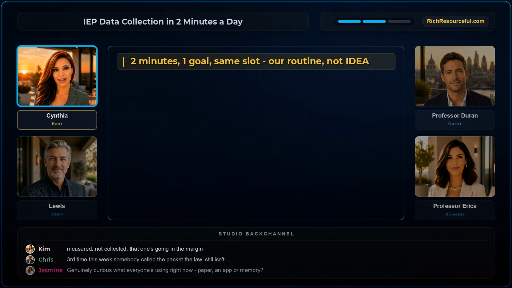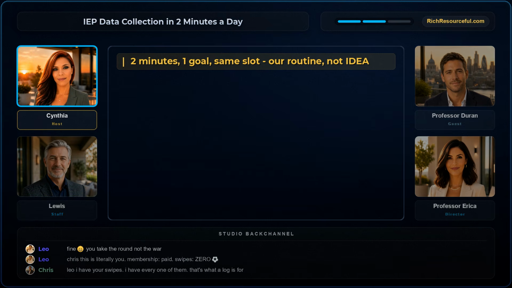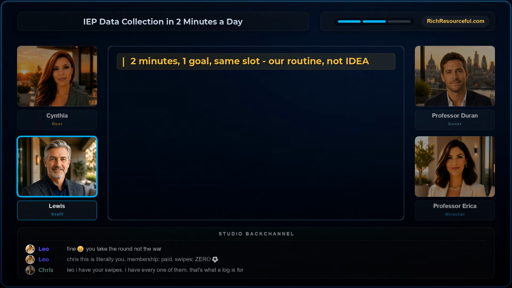Okay, but what's the swipe when it's my own room and nobody's standing at the door? Take the honest answer, which is that nobody is standing there at all. Which leaves the turnstile as your memory, which I defend, honestly. Teachers know their kids cold. Not memory, the written line. Memory is the one thing a statement can never show you, and it is the first thing that goes when